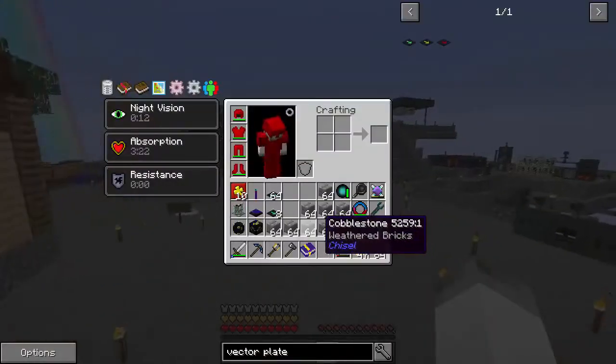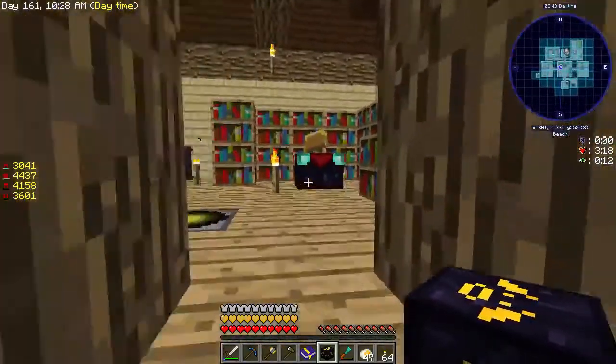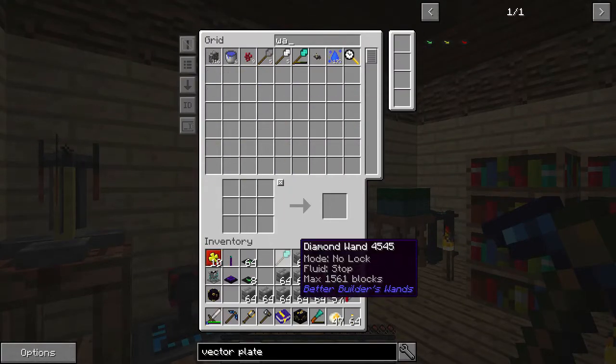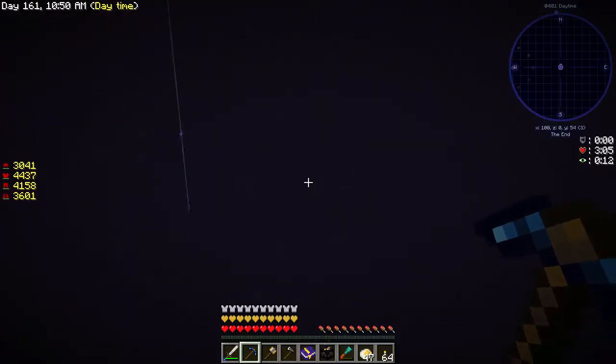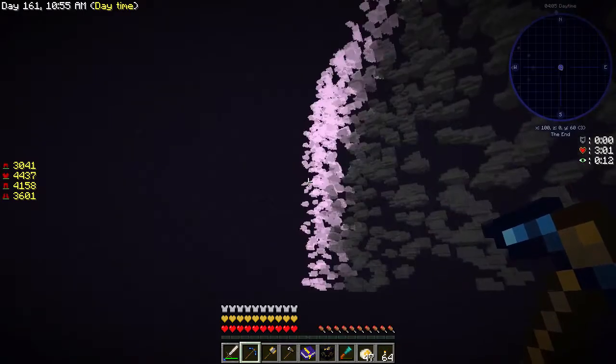Okay. So we have the charge porter. We're going to need the angel block first. And you know what? Let's grab a wand to build with. And we eat some cake. Go to the end. And so some of the big things that we're going to want to do with all this. Well, one, we're going to want to basically just...